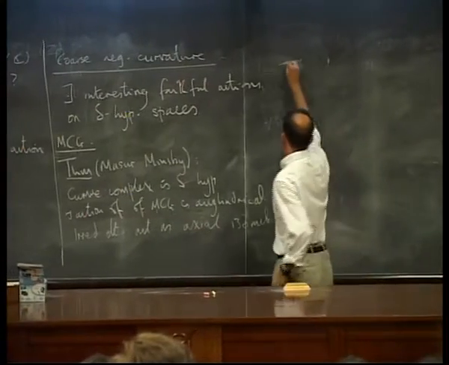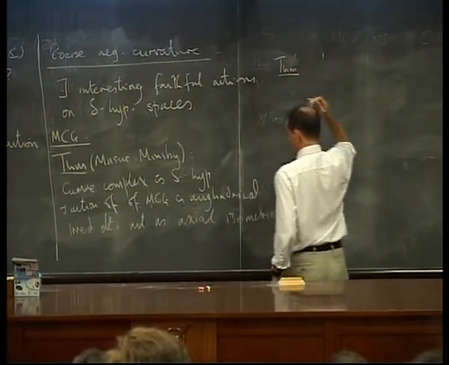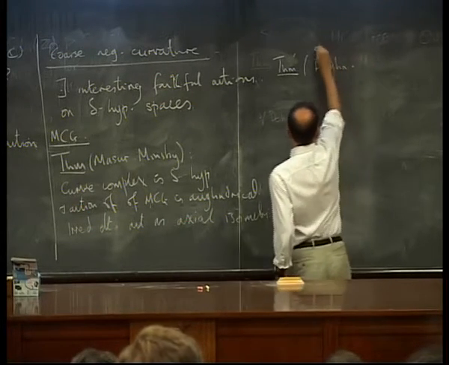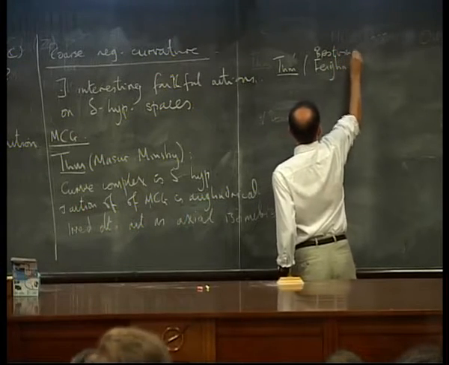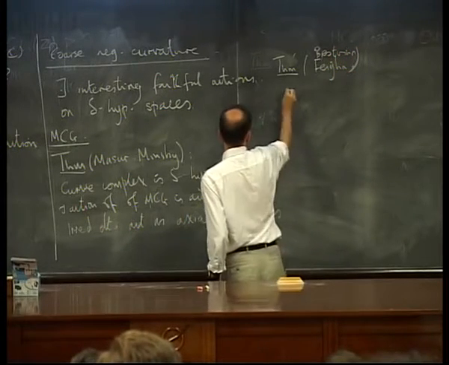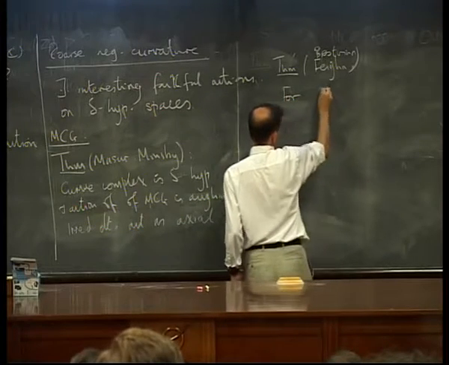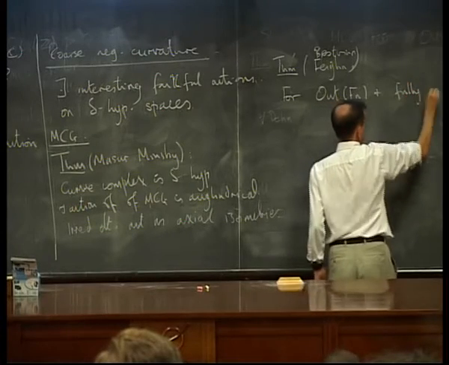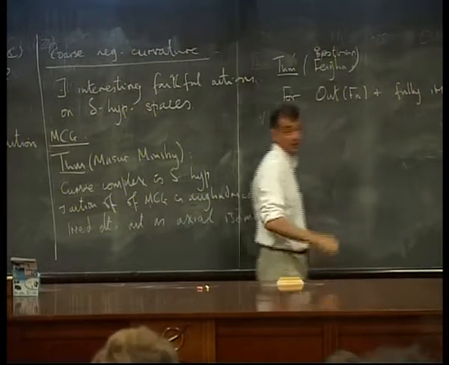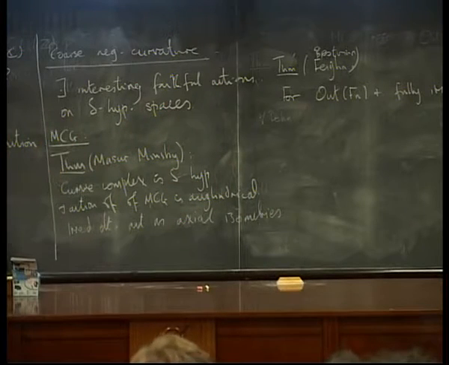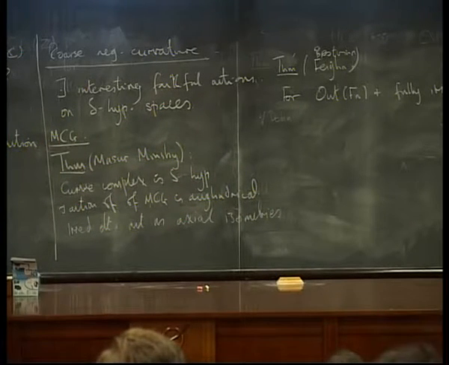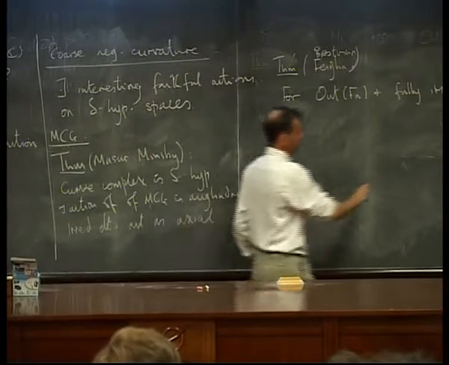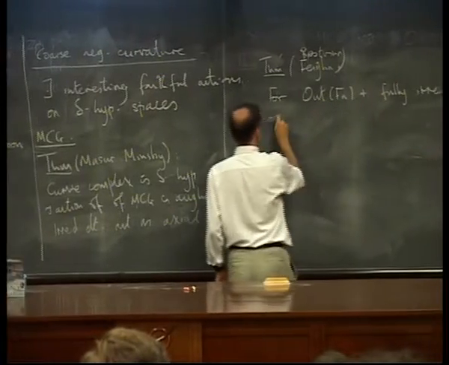Okay, and one would like a theorem like that for Out(Fn). There's a major step in that direction due to Bestvina and Feighn, which is that for Out(Fn), and the fully irreducible element, that's one that doesn't have a decomposition. I started by saying the elements of Out(Fn) are very complicated things. They might come in these blocks. Suppose it doesn't come in blocks.